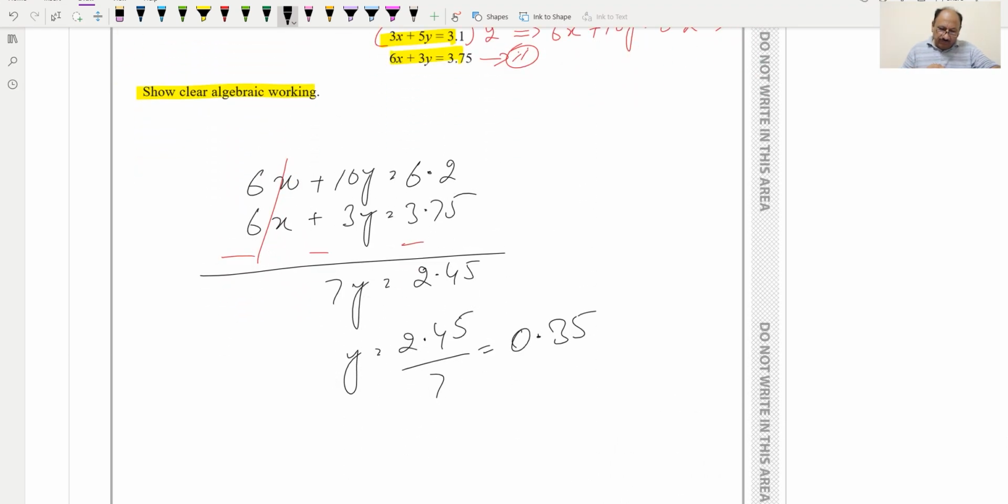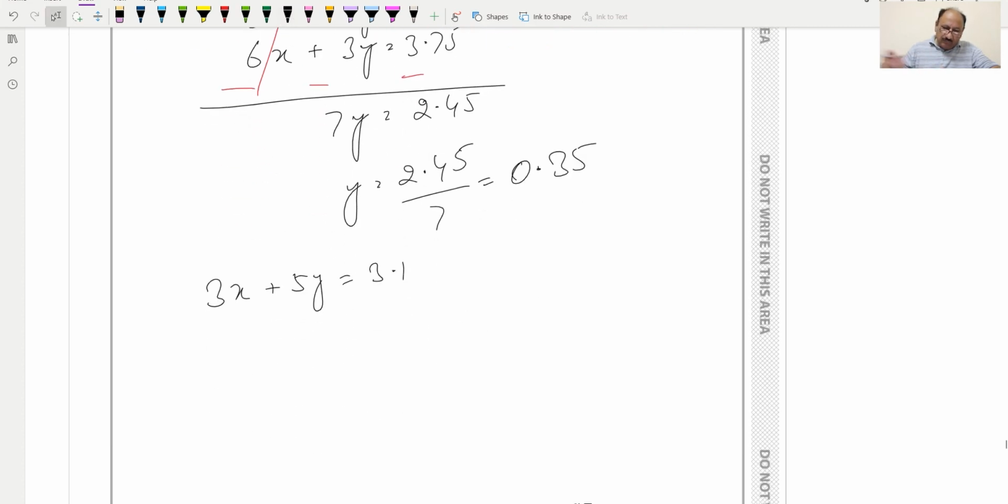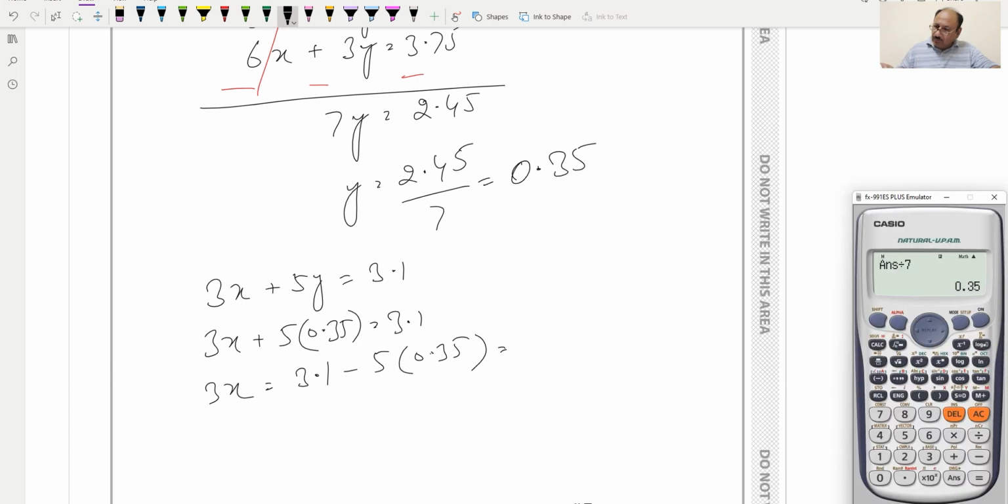Now we can find the value of x by replacing the value of y. In equation 1, 3x plus 5y is equal to 3.1, and we'll be replacing this value: 3x plus 5 into 0.35 is equal to 3.1. So 3x is equal to 3.1 minus 5 into 0.35, and this will be equal to